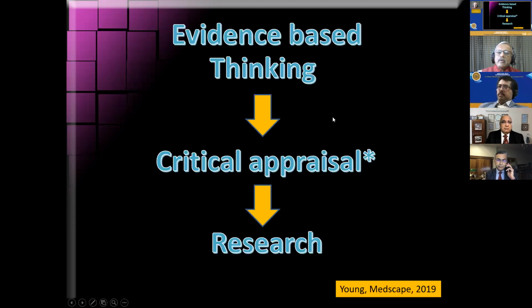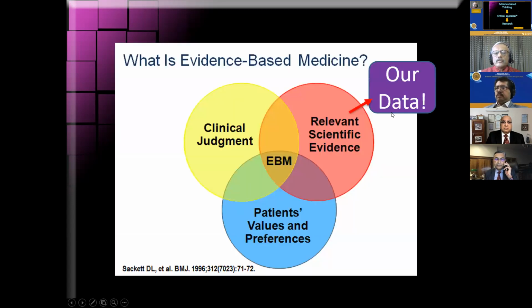Now, we talked about evidence-based and thinking surgeon. What is the fundamental requirement for being evidence-based and for being a thinking surgeon? Critical appraisal of any document, any scientific document, is an essential requirement. When you read a paper, when you read any surgical information, you need to know whether that is scientifically valid. And for you to have the skills for critical appraisal, you need to have some knowledge of research.